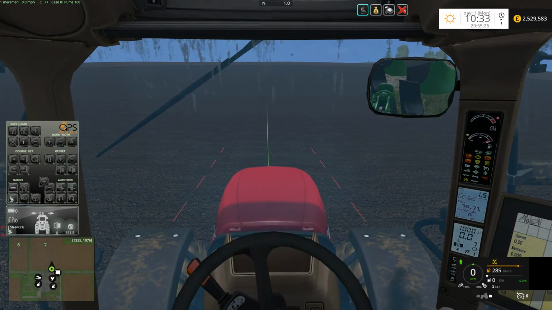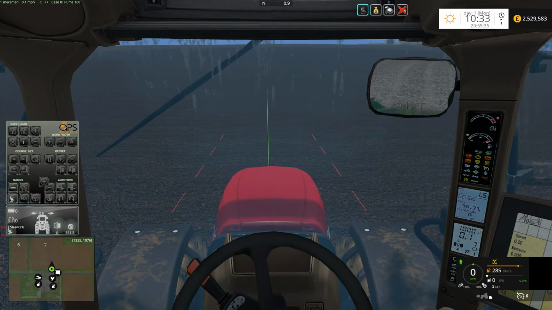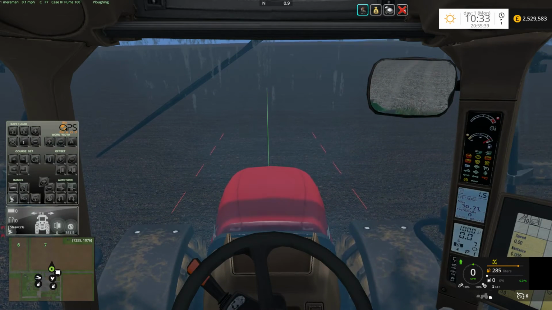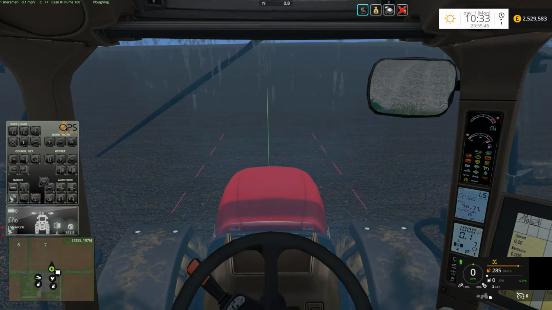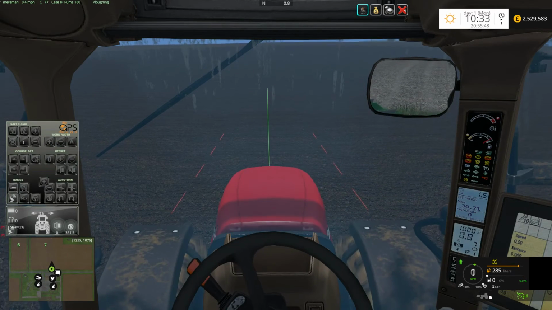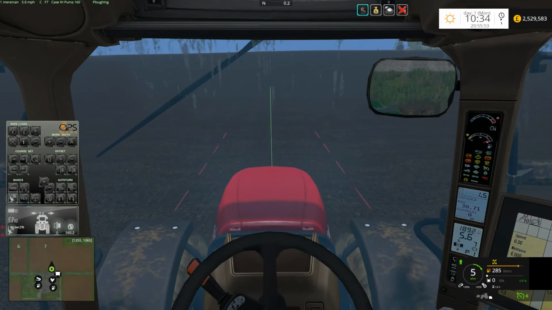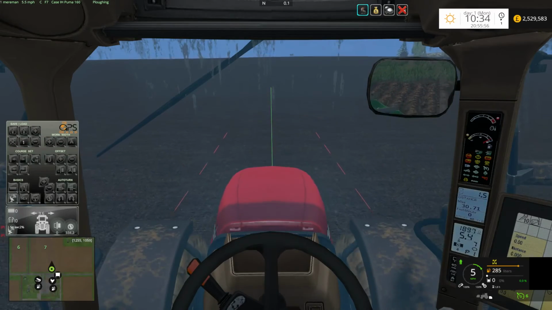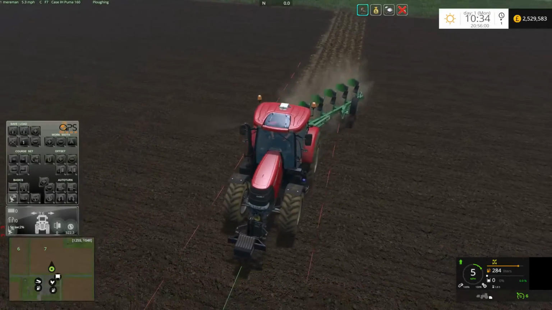You have to stay with the tractor for this, so we just drop the plough into the ground, and you have to do all the turning, what have you. We just hit Control W, and you should hear a single beep, which we got, and you just hit the cruise control, and that will follow that line. As you see, actually there's an offset on this, but I don't know if I can